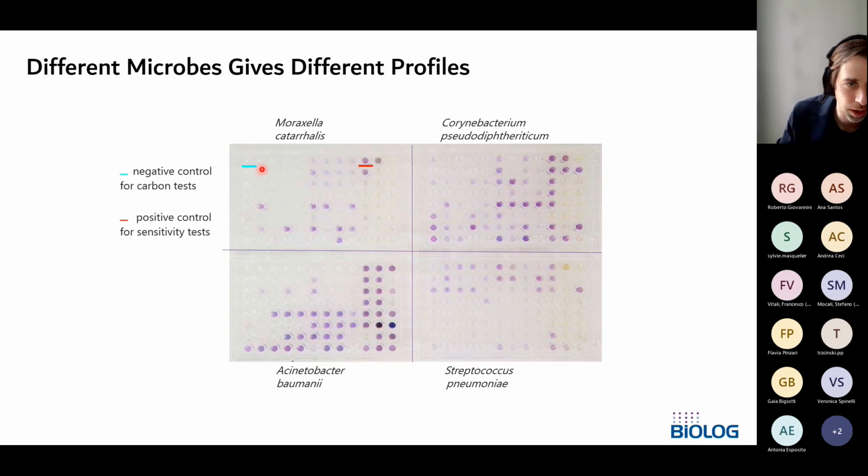The plate has, of course, negative and positive controls for reference, but for example, Streptococcus and Acinetobacter, you can see they're almost complementary. The Streptococcus is active on the top compounds. Acinetobacter is active on the bottom compounds, but also the other two bacteria show a different profile. And exploiting this, and creating a database, then allows the technology to become an effective ID technology, which